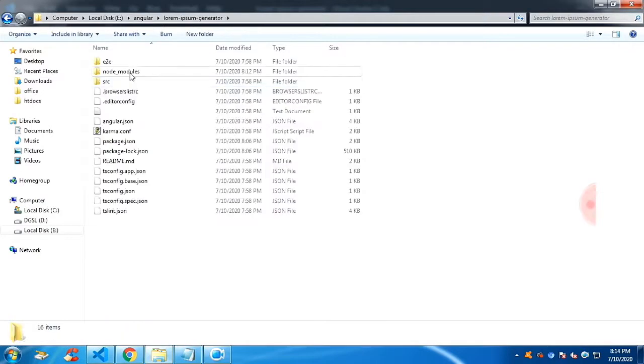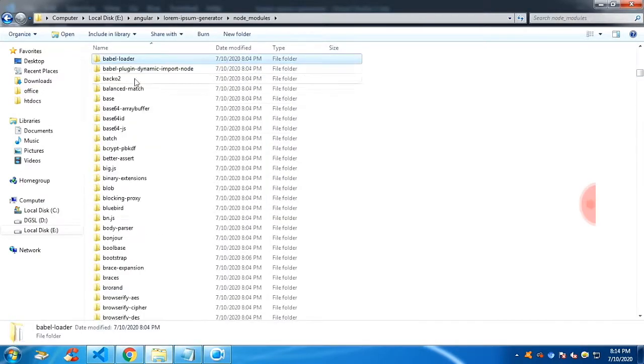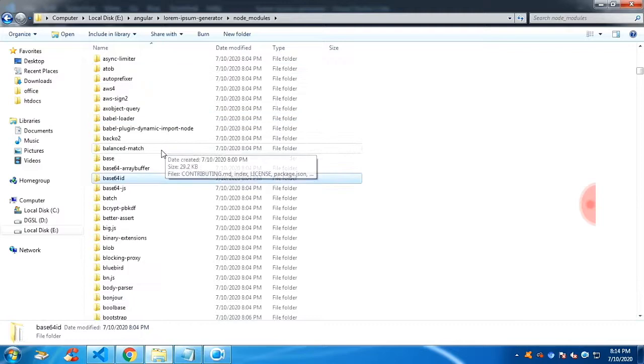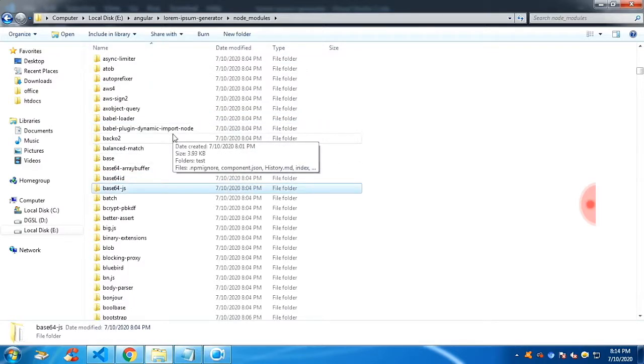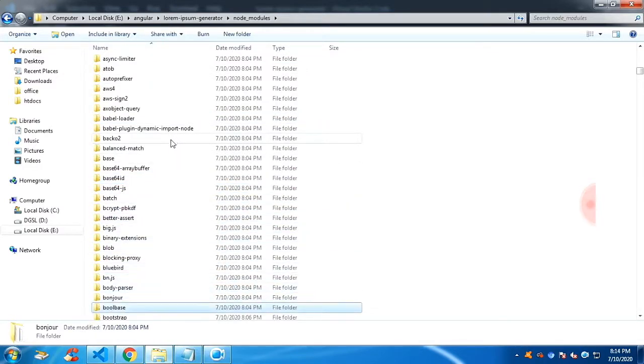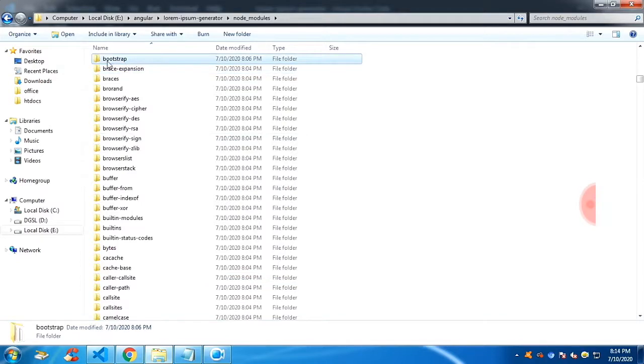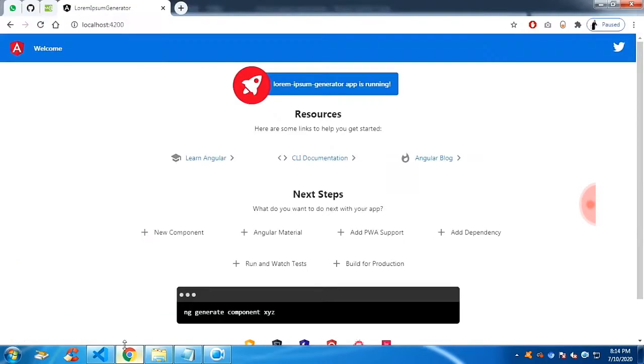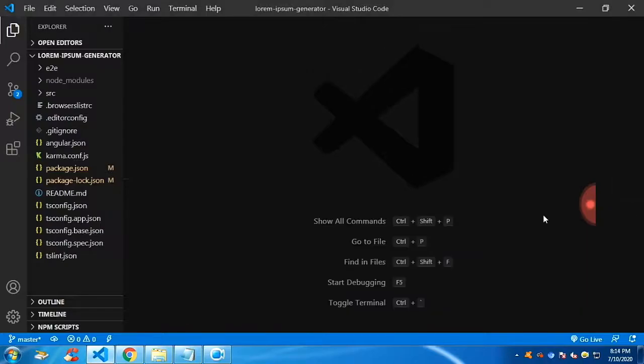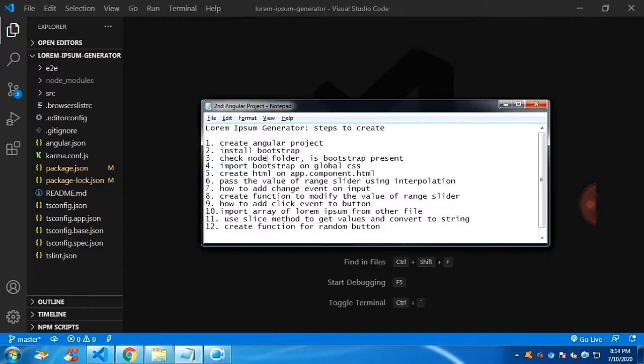So now, checking whether there is Bootstrap or not, just type boot and it will show you. Let me see, where is Bootstrap? I have already installed it. As you can see, it's over here. You just have to type npm install bootstrap in the terminal and it will work. And this is the command, npm install bootstrap. Fine. Now to call this folder, what you have to do is you have to get into